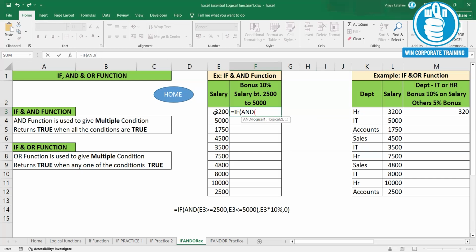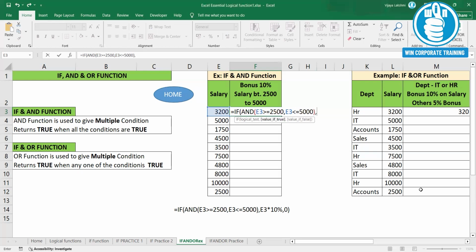Now let me give my first condition, salary greater than or equal to 2,500. Then we are giving the second condition. Again, you select salary less than or equal to 5,000. So like this, after giving two conditions, you need to close the AND bracket.